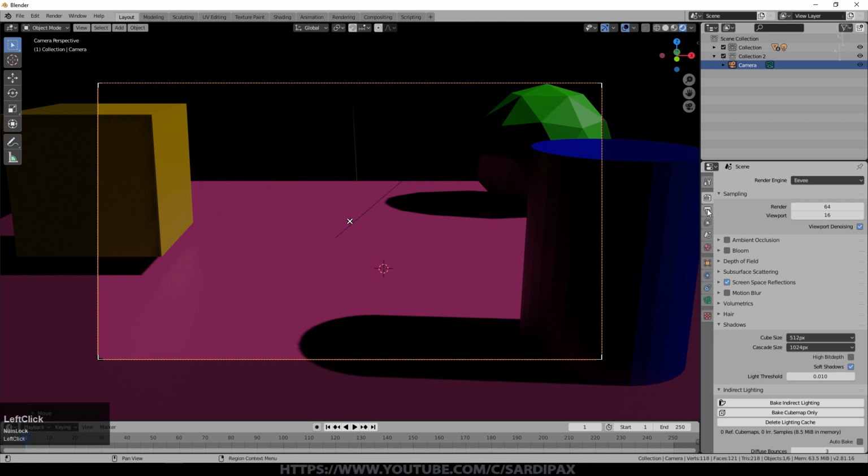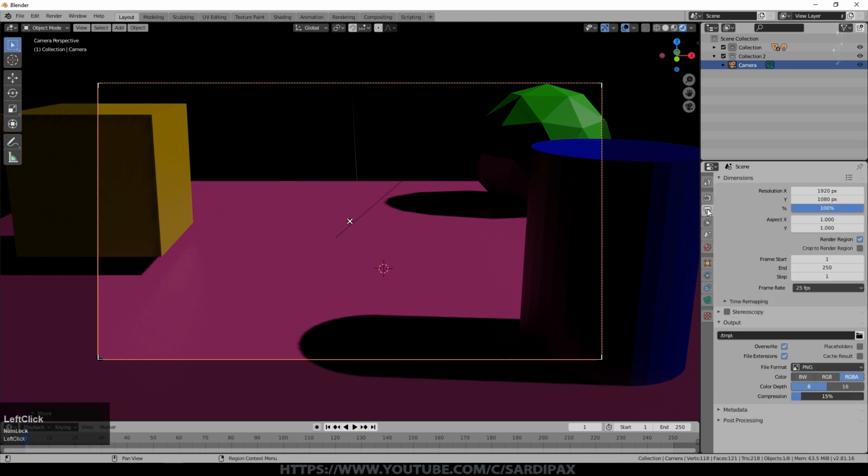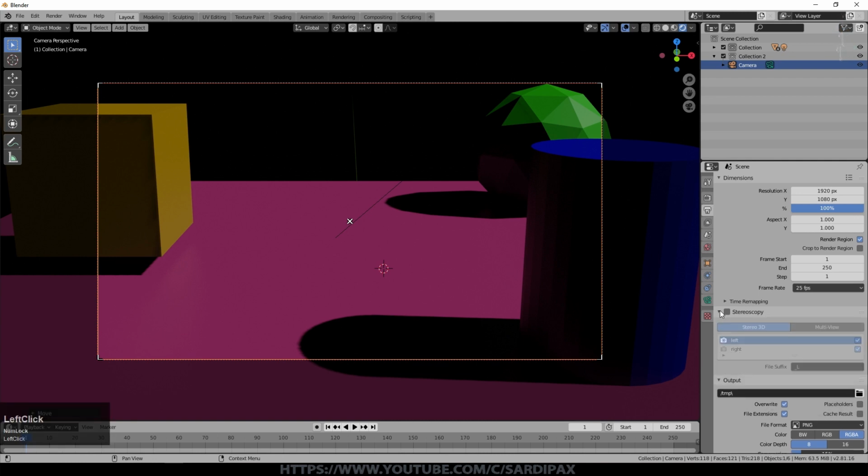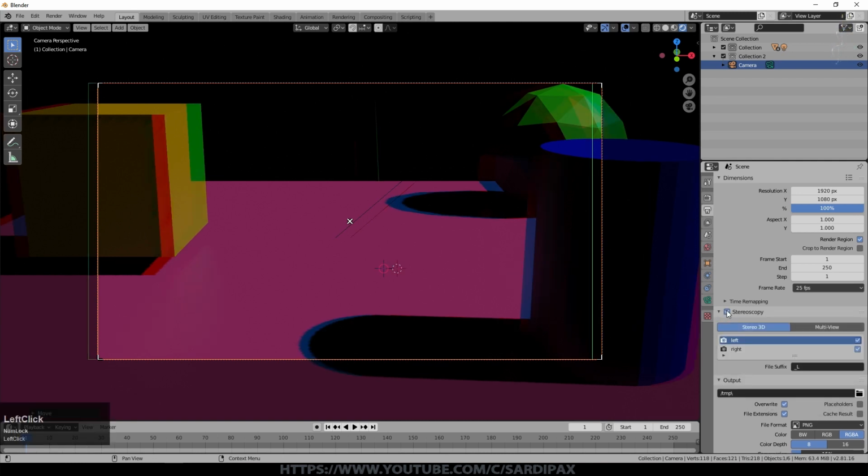So if we now go to this little printer icon, the output options, we can see there's a box called stereoscopy, which is obviously another word for 3D. So we'll click that and look at what happens. Immediately we get this anaglyph effect. So we get a green image and a red image, and in the middle they're overlaid. There are a number of things we need to be aware of with this. But obviously the advantage of the anaglyph is if you have some red-green glasses, you can put those on and immediately see what your 3D image is looking like.